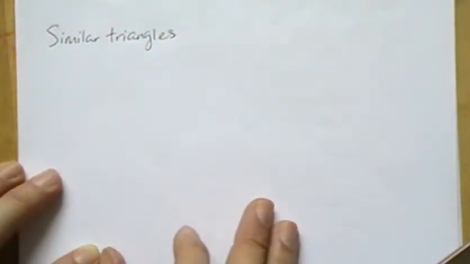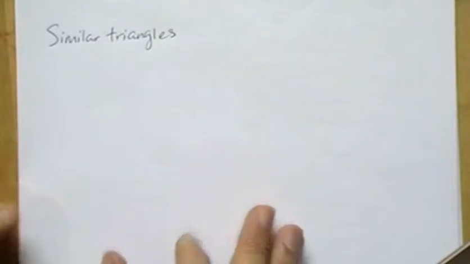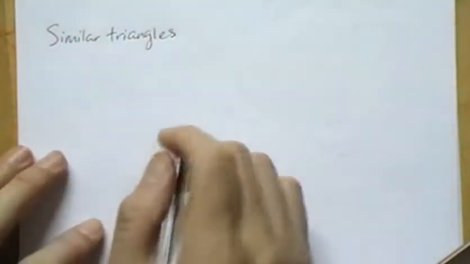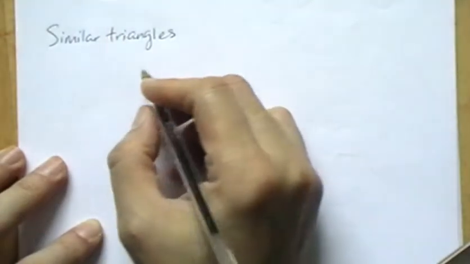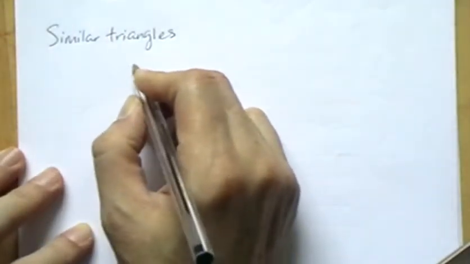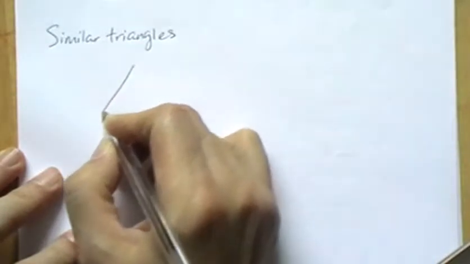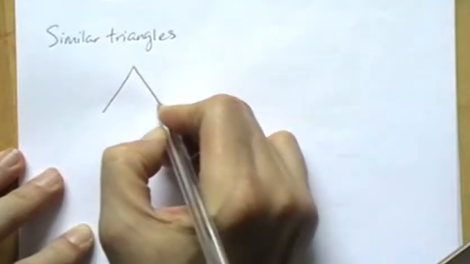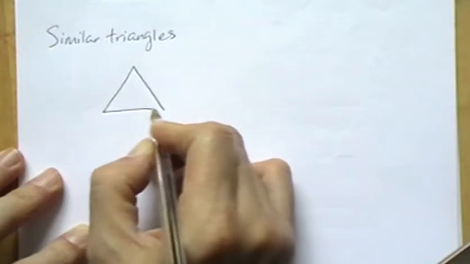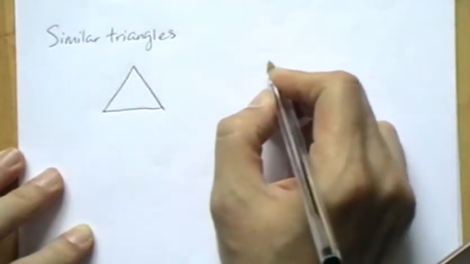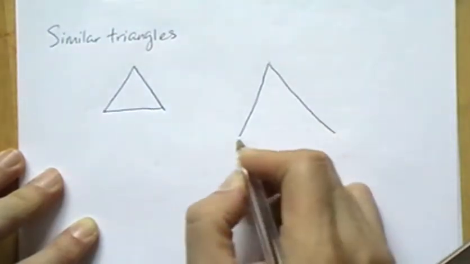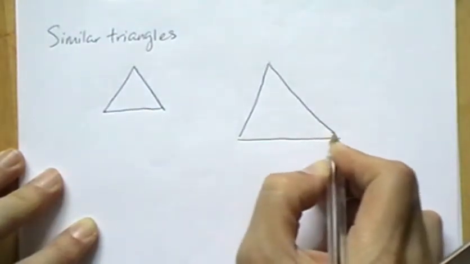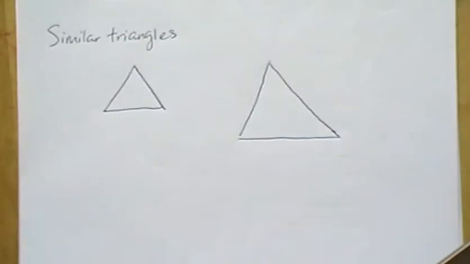Similar triangles. Now in mathematics, we learn that if we have two triangles that contain the same angles,